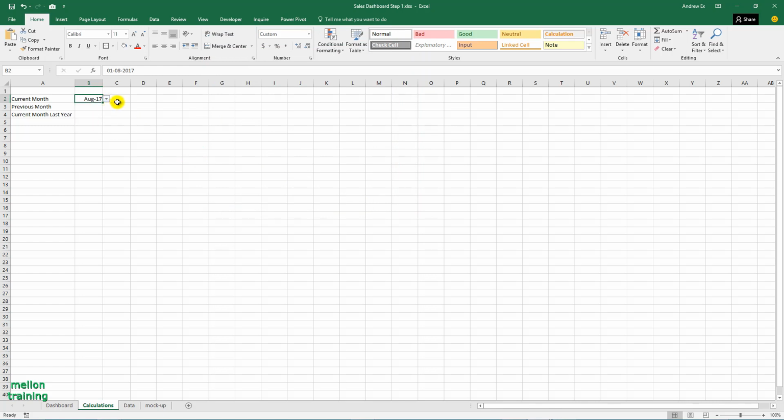To find the previous month, I will use a function called EOMONTH. The Excel EOMONTH function returns the last day of the month, X months in the past or future. The syntax is here. So if I write this formula, it will tell us the end of the month 1 month before current.